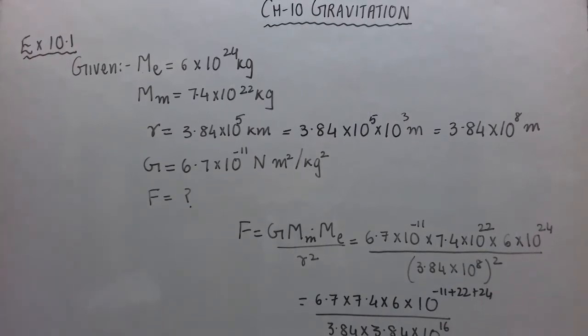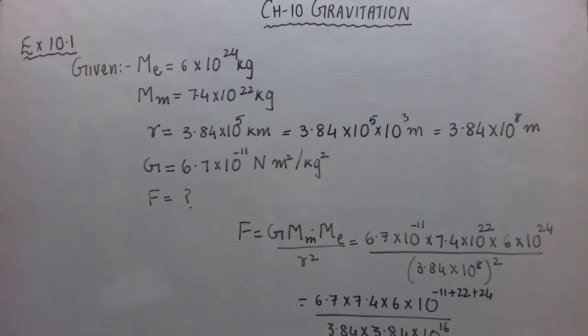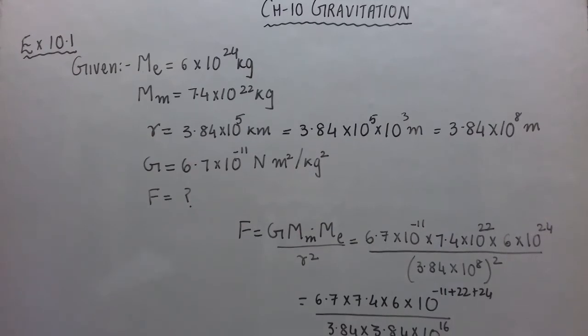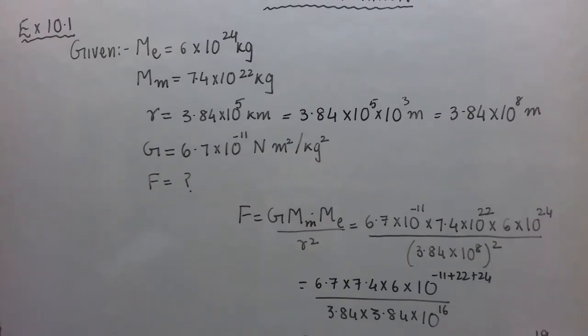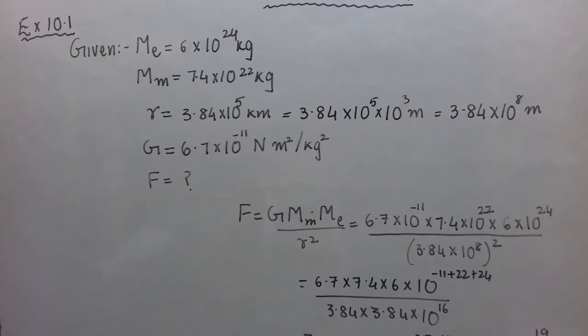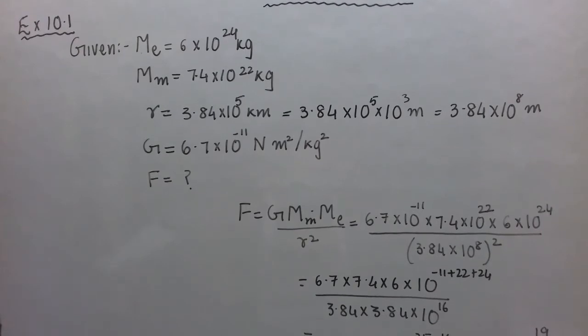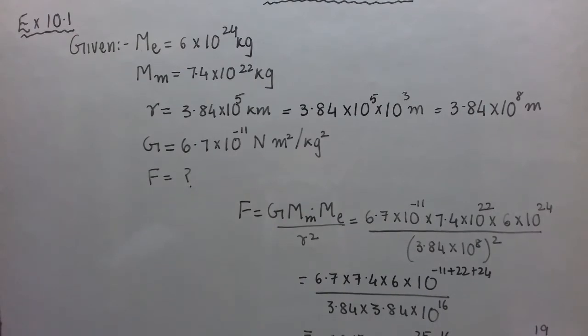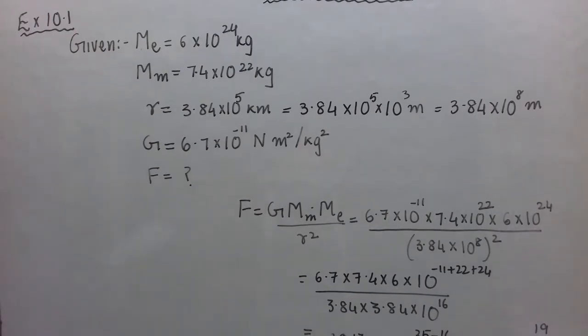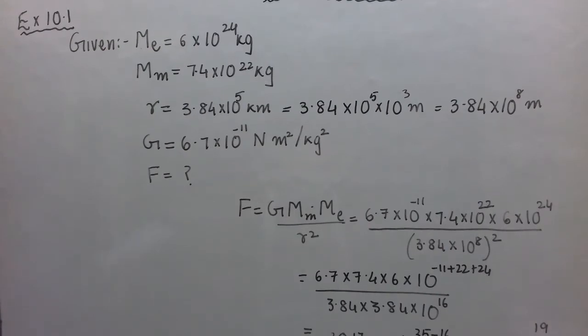As usual, you know that you have to listen to the question properly and write what is given when I read it the second time. The mass of the earth is 6 into 10 raised to 24 kg and that of the moon is 7.4 into 10 raised to 22 kg. If the distance between the earth and the moon is 3.84 into 10 raised to 5 kilometers, calculate the force exerted by the earth on the moon. Capital G is equal to 6.7 into 10 raised to minus 11 Newton meter square per kg square.